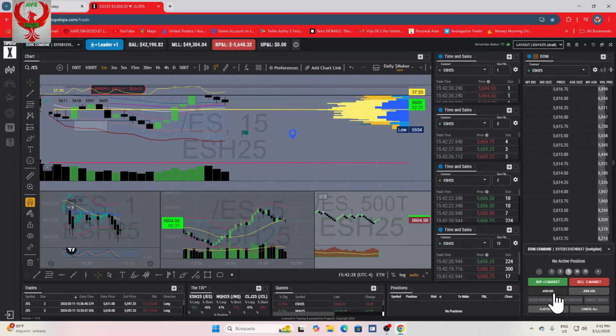Let's get funky. Shout out to Mohammed letting me know I should try running TopStepX through Edge or another browser. It doesn't like Chrome apparently. Shout out to Mohammed for the quick tip. What's up, Mo? In the chat. Love to see other